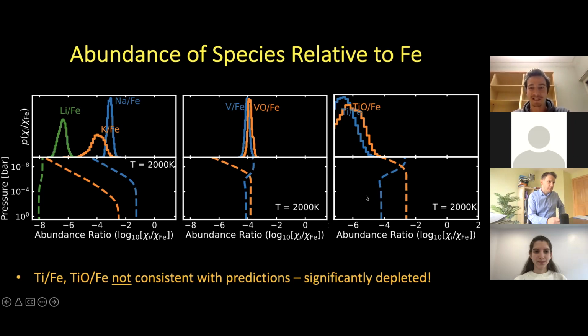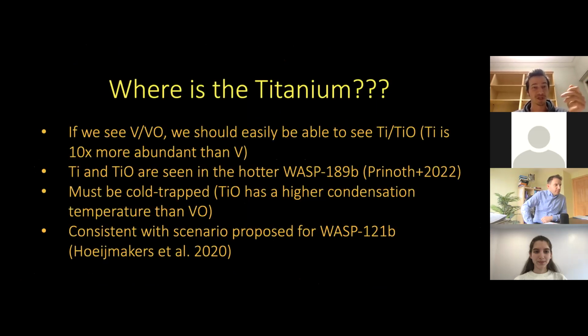But titanium and titanium oxide, we found that were very depleted. So this is what we would recover. We only recover upper limits. And our models predict that we should see a lot of it. We should see it all over the place. And our data is like, nope, no titanium over here. So just from this, we can tell that titanium seems to be severely depleted on WASP-76, begging the question, where